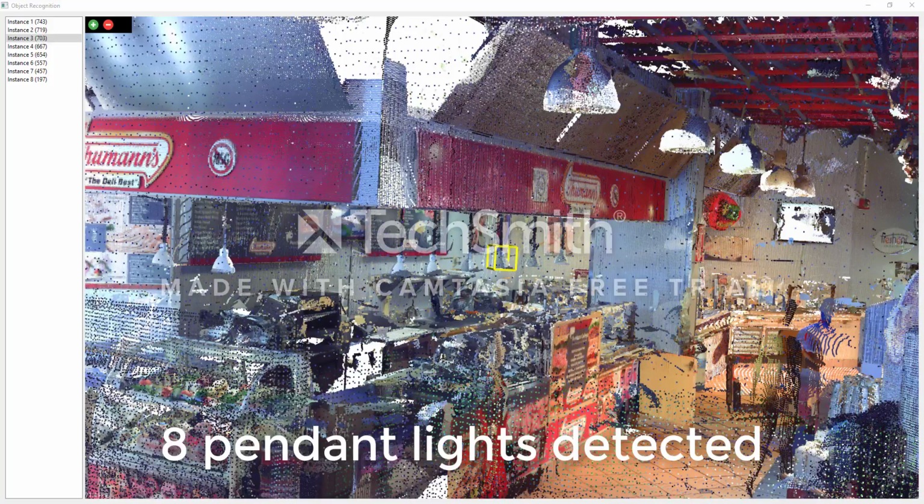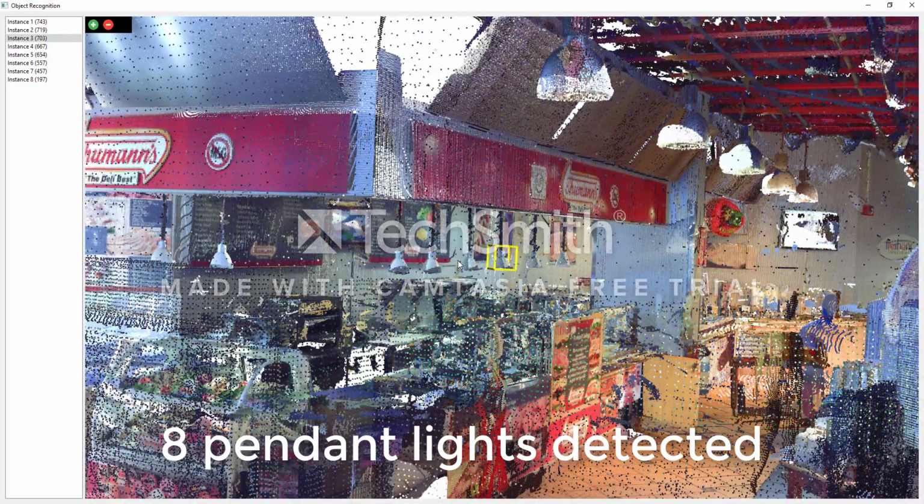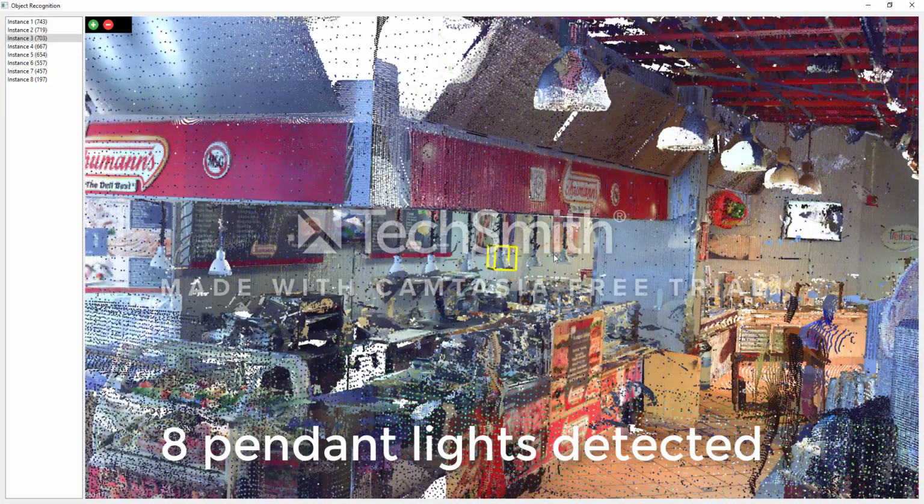In this video, I am going to show you results of object recognition in multiple point clouds using our new software Rep3D. Here is an example of a point cloud of a kitchen. We have asked the software to look for these small pendant lights, these ones. There are 8 of them in the point cloud, and the software is able to find all 8 of them